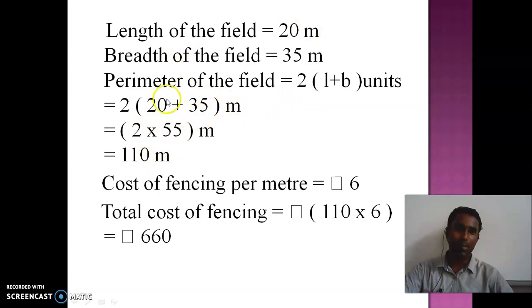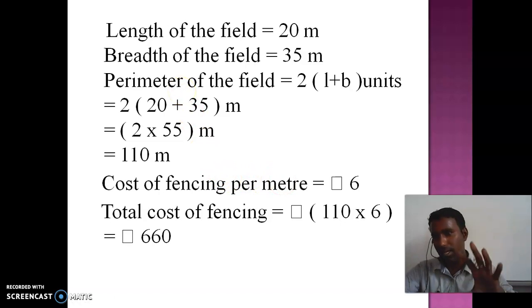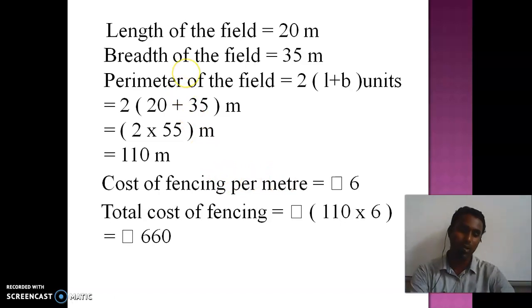So this is the perimeter based problems. Anyway, I'll just simply revise this one. Okay, one problem: cost of fencing per meter. Why I am mentioning this here means, if you are calculating the cost of fencing per meter, you have to find the perimeter and then multiply the values. Similarly, for this kind of problem, we have to find the area and then calculate the total cost. Okay, this is for your previous case.